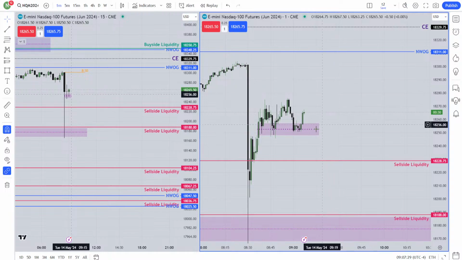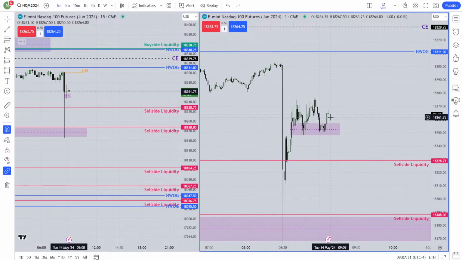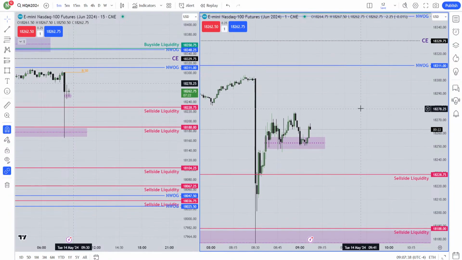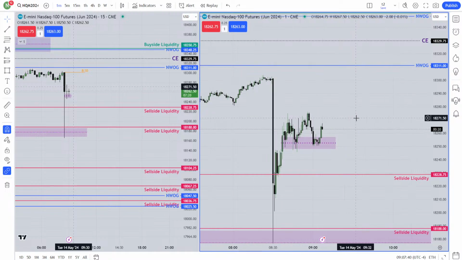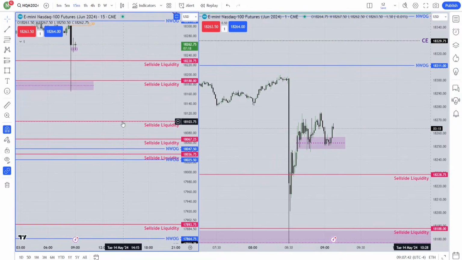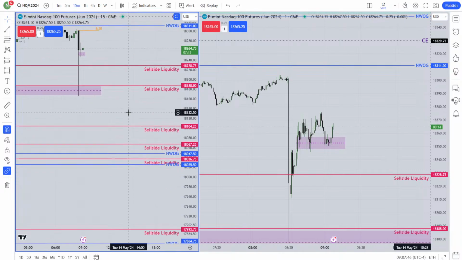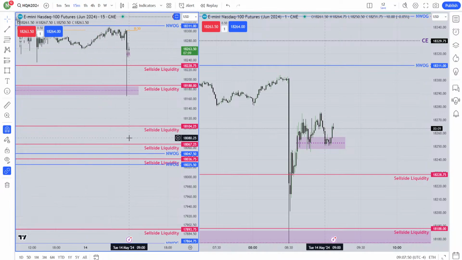That's my expectation. It can consolidate. Everything can happen today. The reason is tomorrow is CPI, so it has to keep some liquidity for tomorrow. So my primary expectation is the market will go for that buy side liquidity. I'm bullish for today, and finally tomorrow, by using CPI, the market will take those sell side liquidity,